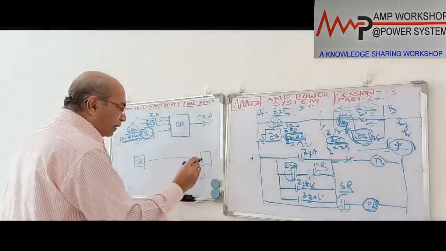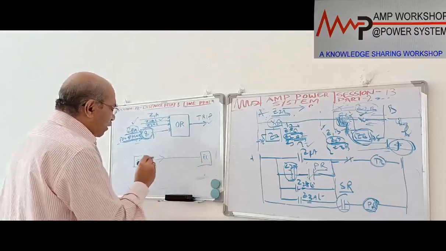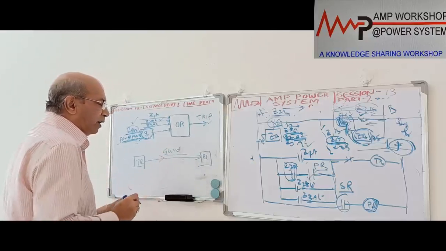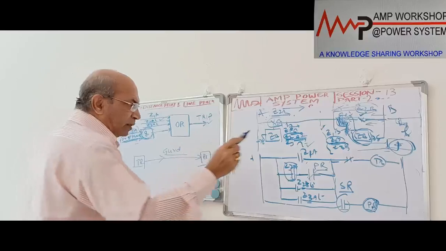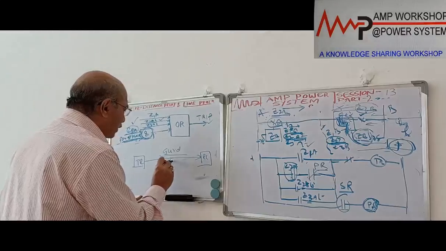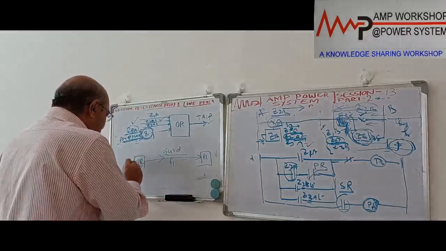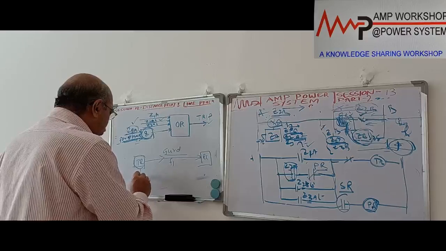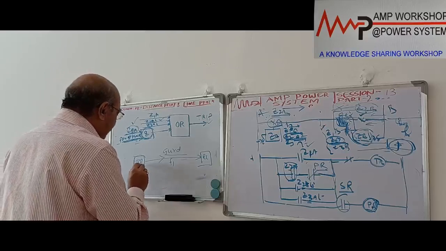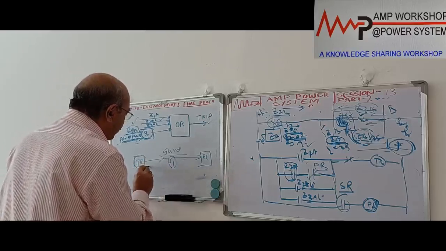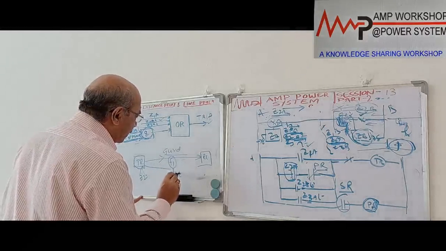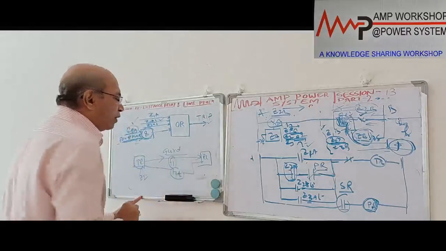Over the channel, continuously a guard signal is transmitting, continuously a guard signal is coming. The moment this remote end Z2 element operates, immediately the guard signal, suppose it is F1, changes. The moment this end second zone 2 element operates, immediately it will trigger this transmitter. Then in the transmitter, instead of F1, it will send a trip signal, suppose frequency F1T. This frequency signal it will send to the receiver.